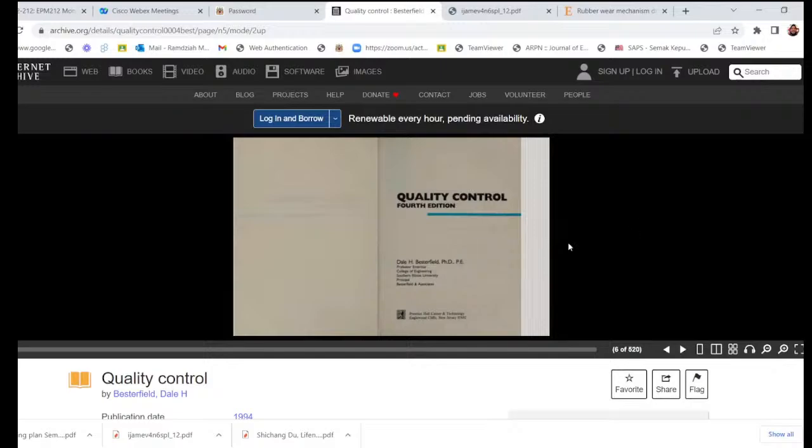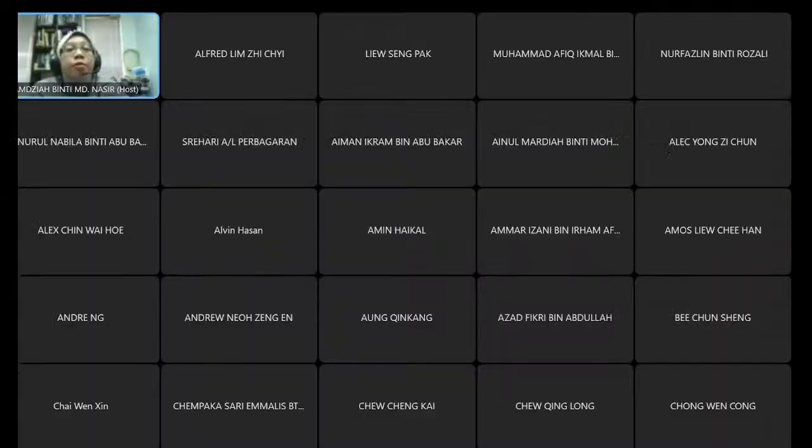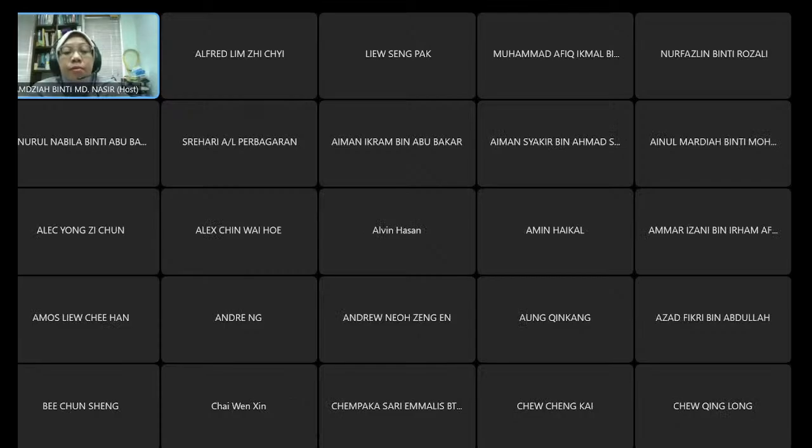However, it is still pending in the publication process, so we are not allowed to give it to the students as an e-copy. We have to wait until USM releases the publication. Okay. All right.